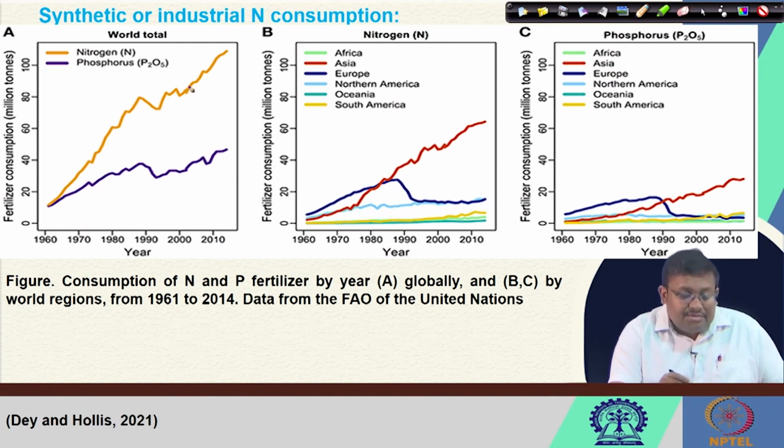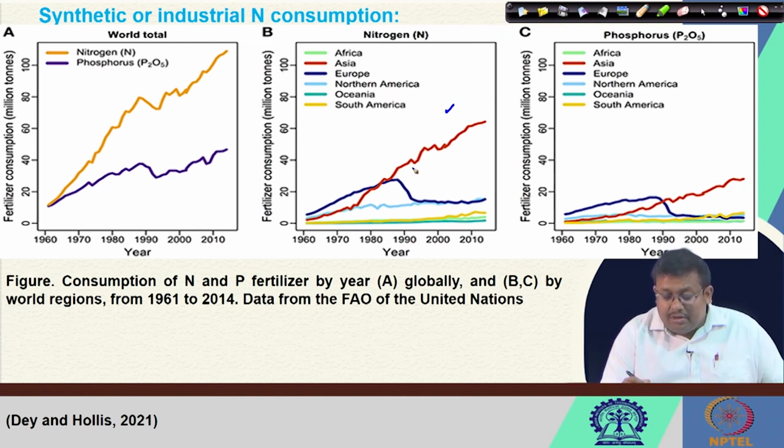Although this nitrogen consumption rate is quite higher than that of phosphate, we can also see the increased consumption of phosphorus. Here in this plot we can see the changes in nitrogen consumption in different continents. In Asia there has been a steady rise of nitrogen fertilizer consumption in million tons for the last 50 to 60 years, and this could be due to the intensification of agricultural practices in Asia